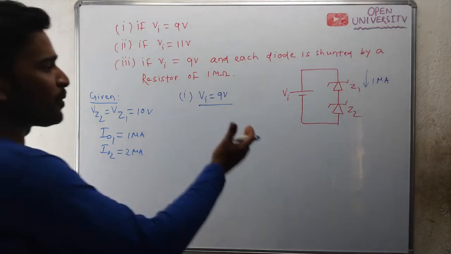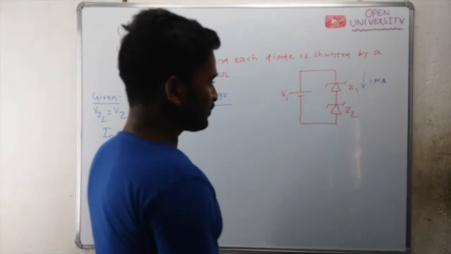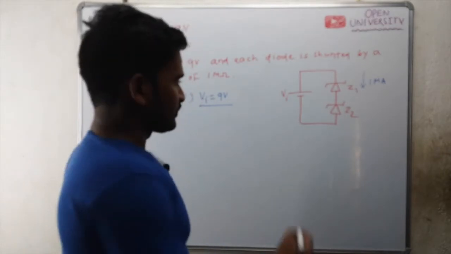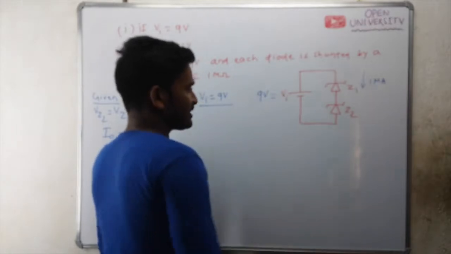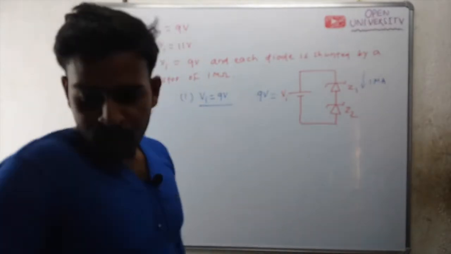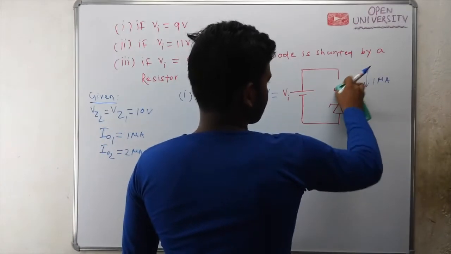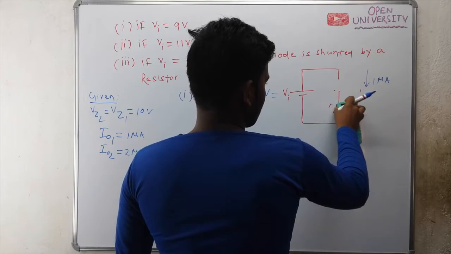You can do an open circuit test. Open circuit both the diodes and find out the voltage. In the first case, the input voltage is 9 volt. If you open circuit both the diodes,